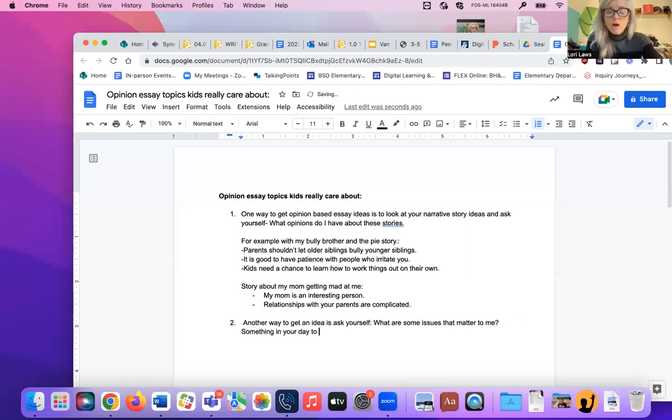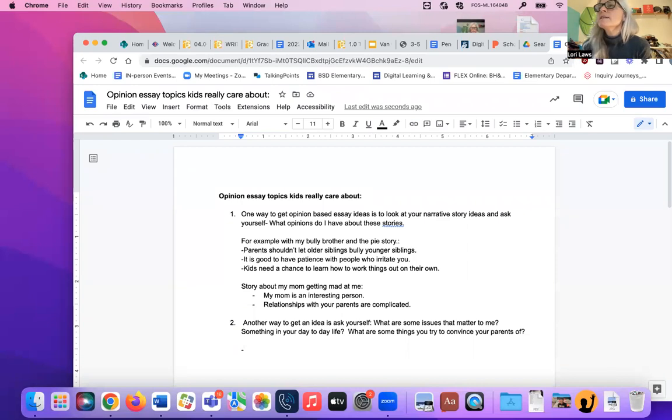And one way to find this is, what are some things you try to convince your parents of? Okay, so what are some things you can think about that you try to convince your parents of? Things like, I need a later bedtime, right? What are some issues like that that you guys can think of? Or I need a cell phone, or I should be able to earn an Xbox, whatever. What are some issues like that that you sort of debate with your parents? Who can come up with one?